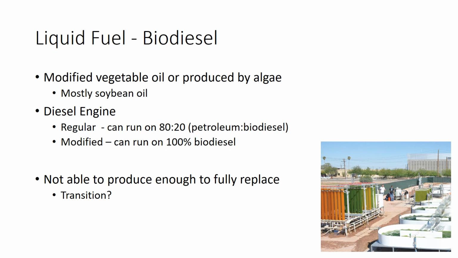But anyway, basically you take that oil and you do a chemical conversion to get what you need to run a diesel engine. Most engines can actually run on regular diesel, so a petroleum-based diesel and biodiesel mix, like an 80-20 mix. Most engines can handle that, but if you're going to run something on 100% biodiesel, the engine needs to be slightly modified. There are companies out there that are converting vegetable oil in large quantities, but they're few and far between, mostly in rural areas.